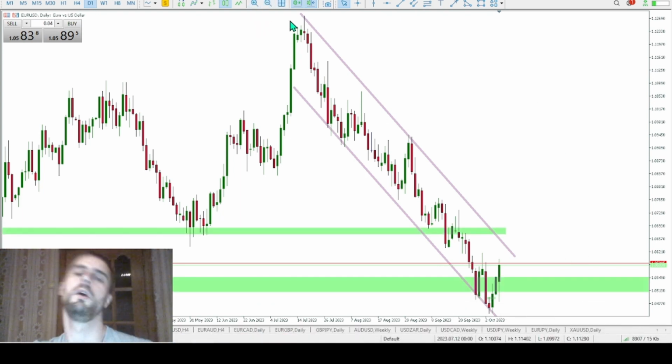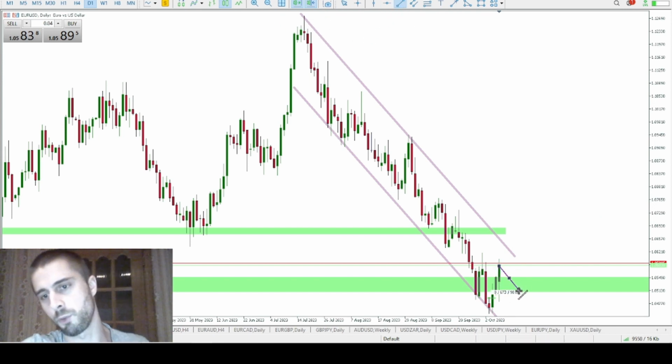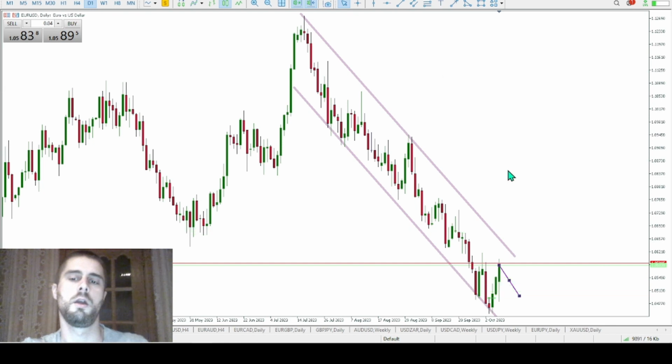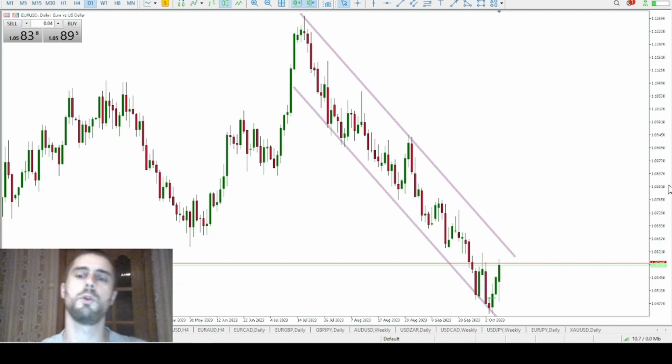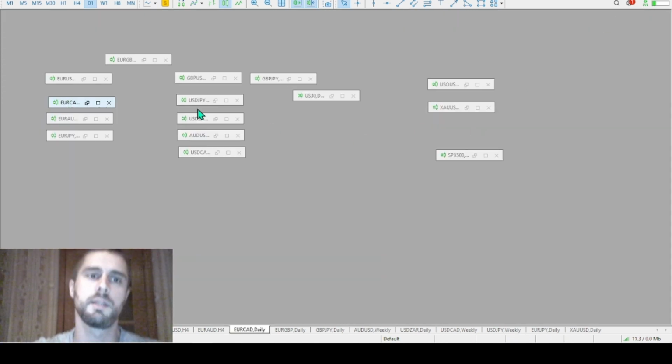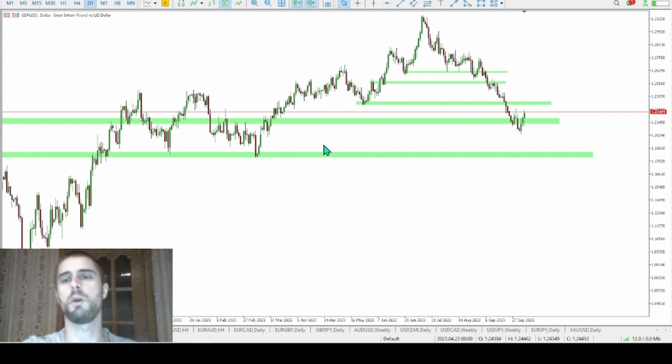So what I personally expect is maybe some sort of a correction, head and shoulders, and maybe finally we can break out of the channel. But that's still not something that I'm very interested in trading. We also have the Great